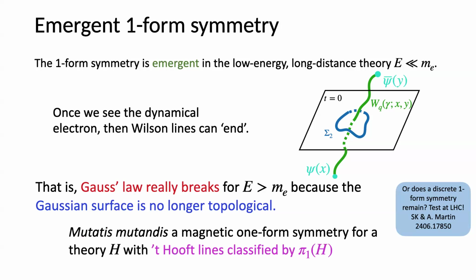You should also think dually, as your intuition might tell you from electric-magnetic duality. There are all of these dual notions: in pure electromagnetism, a magnetic one-form symmetry, which you might think about. Likewise, you could have a magnetic form of Gauss's law in the low energy theory. And again, when I go to even higher energies and I see dynamical magnetic monopoles for electromagnetism, this magnetic one-form symmetry will also be broken.